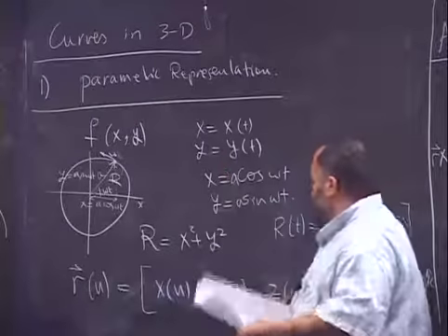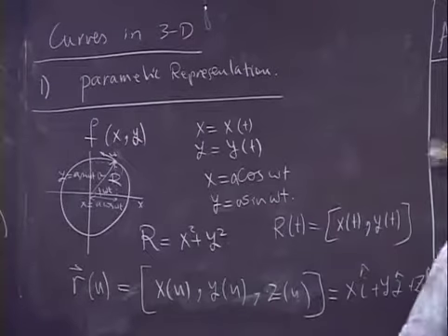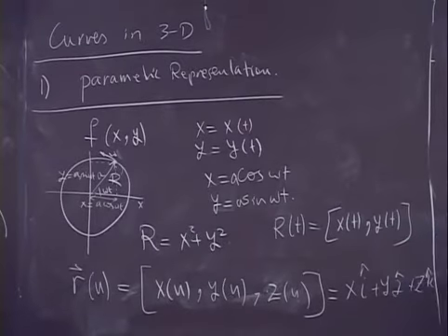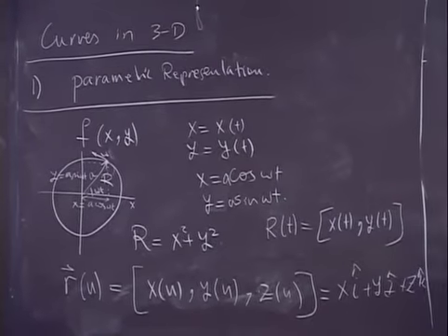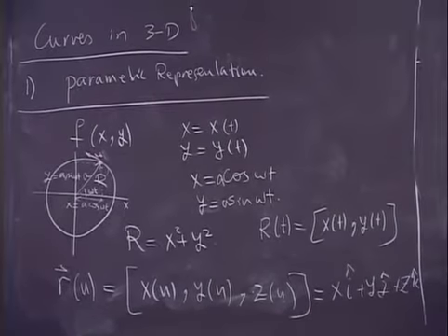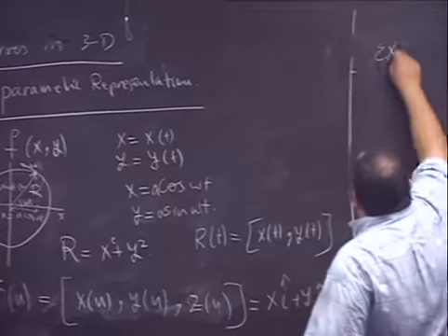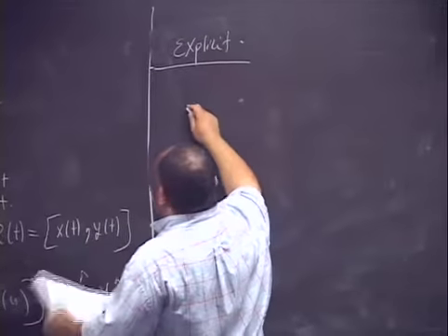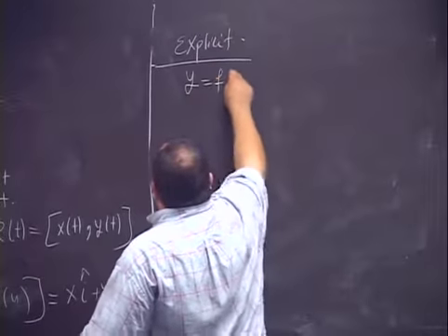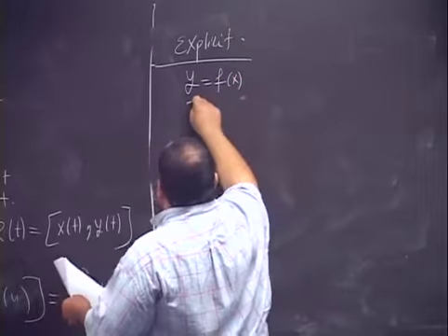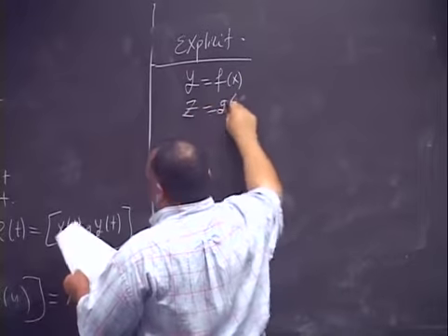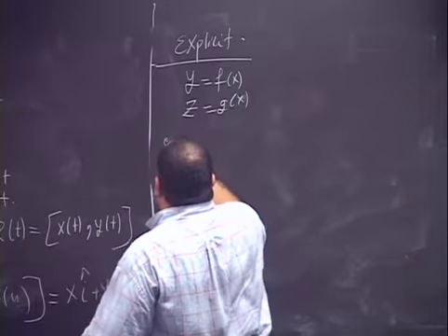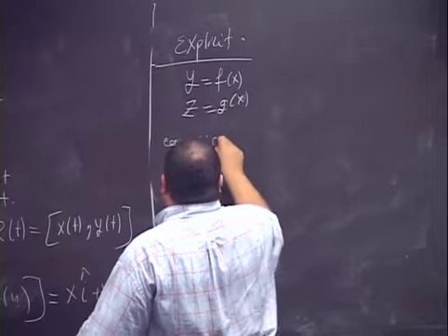We can also have an explicit representation for the vector. Instead of just parametric like this, we can have an explicit representation, and we'll have something like y equal to a certain function f of x, and z equal to g of x. And in this case, if we are, for example, talking about a circle,